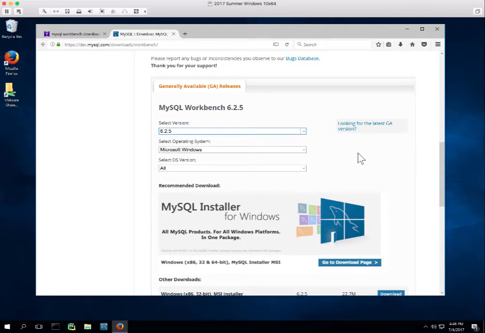Now, it is possible to hunt around and get versions in between. And let me tell you, I went and I tested out a number of versions in between these two, and I had problems in some way or other with all of them. Okay, so I came here, I downloaded 6.2.5, and